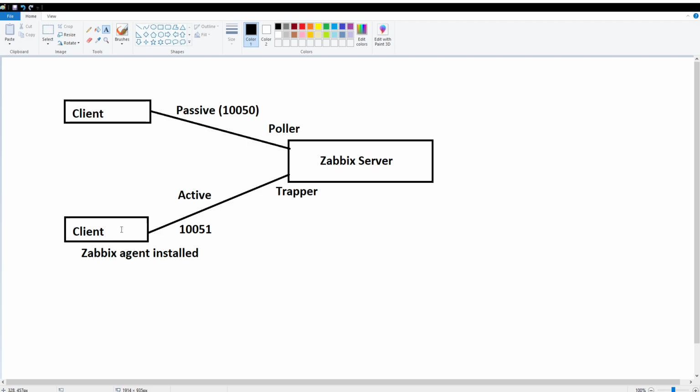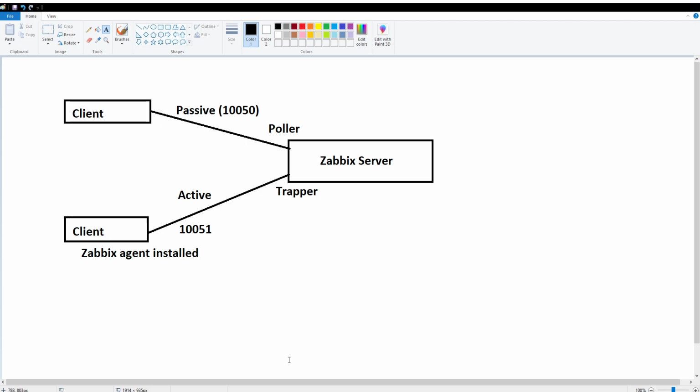So the question is, which one is actually better? Obviously, the active version is better because in this case, the Zabbix server just has to be fed with all the information. Rather than pulling the information, the Zabbix server is receiving it. So there is less burden for the server, and this way it works better.